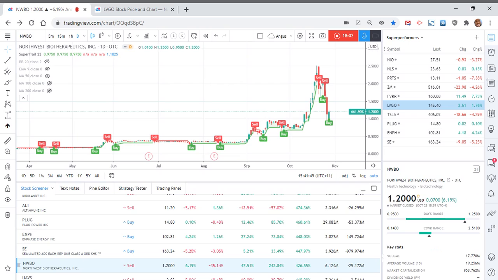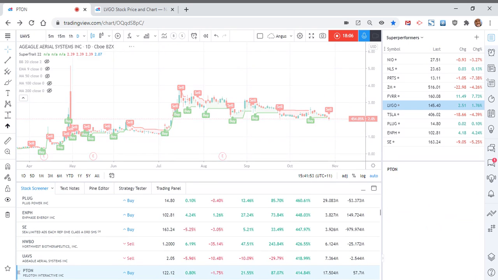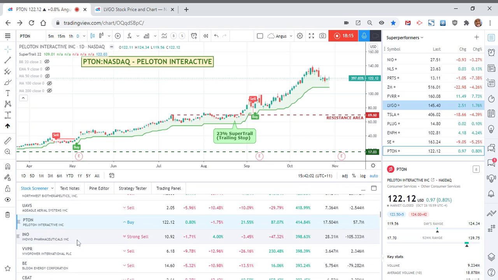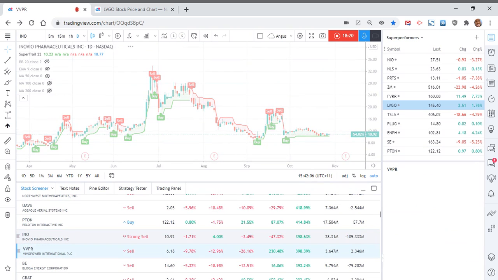And have a look at this one. Crazy. Too much. Beautiful chart, Peloton. It's obviously another exercise, well, it's not obvious, but it is another exercise bike one. So I'll add Peloton. I like the look of that. INO, VVPR,